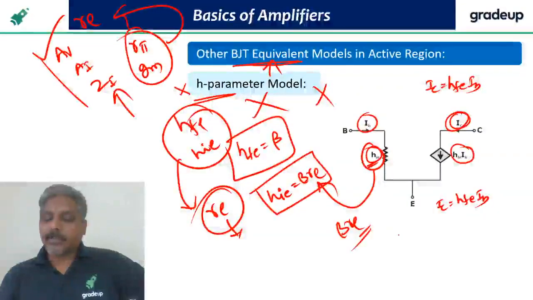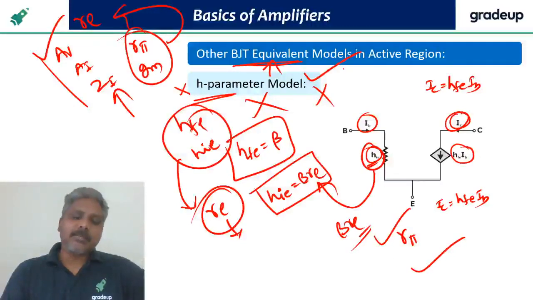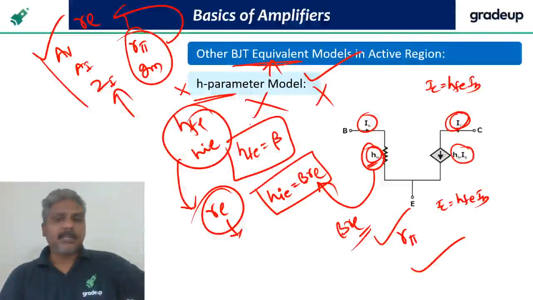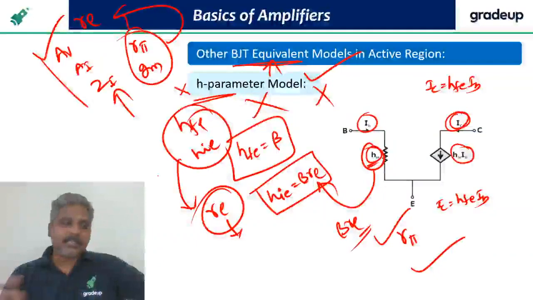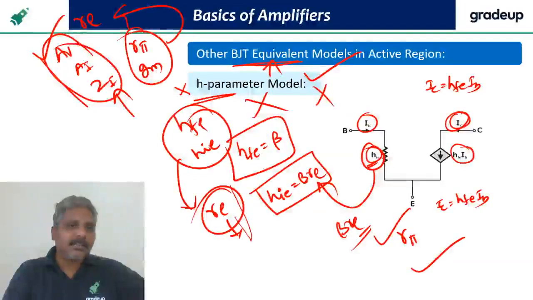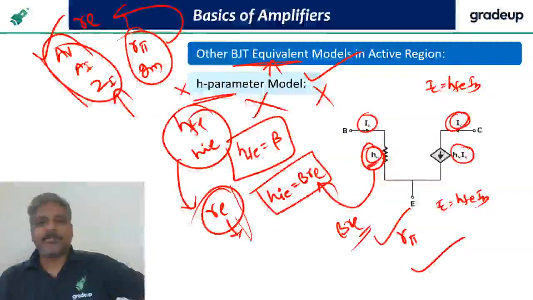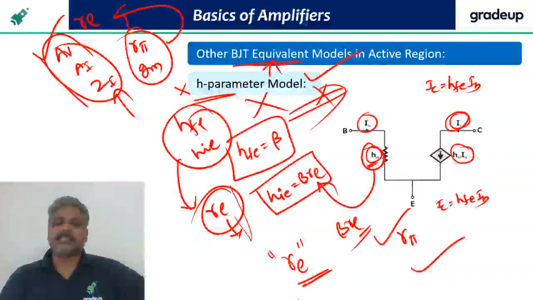No sir, I want to become comfortable with the RPi model only. I don't want to use others. Yes, it's fine. You can go ahead. No doubt about it. You want to go only with H parameters? Also no problem. It is not compulsory. It is always my option whether to go for this or not. See, I have to wear a shirt. Which color shirt I wear is my option: red, blue or black. Wearing a shirt is compulsory, but which color shirt is my wish. So finding the values is compulsory, but which method you want to go with is absolutely up to you. Whichever is convenient, you can go for. I am convenient with the RE model because of some advantages. That's it.